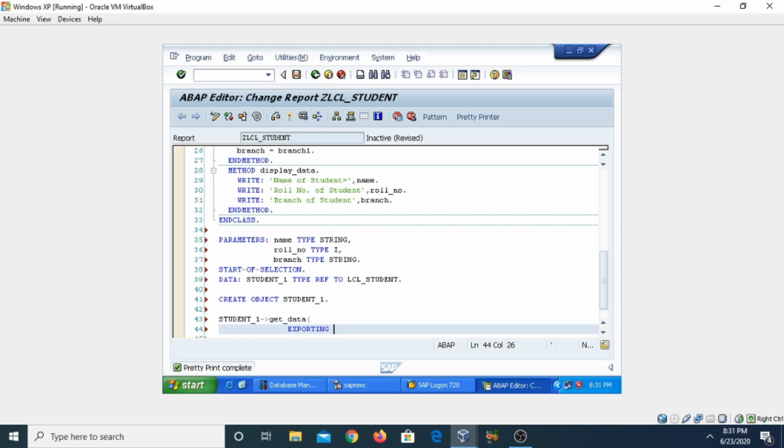So here I am exporting the actual parameter values, so we need to take here the exporting name1 equal to name.